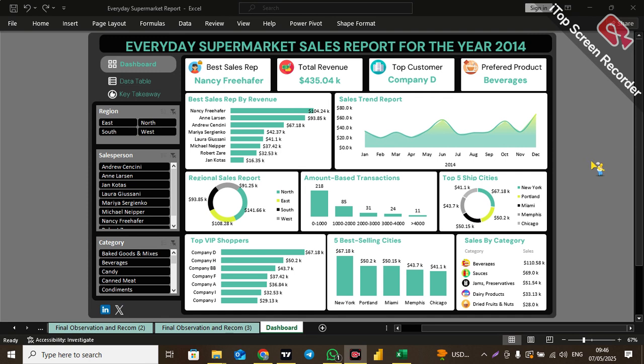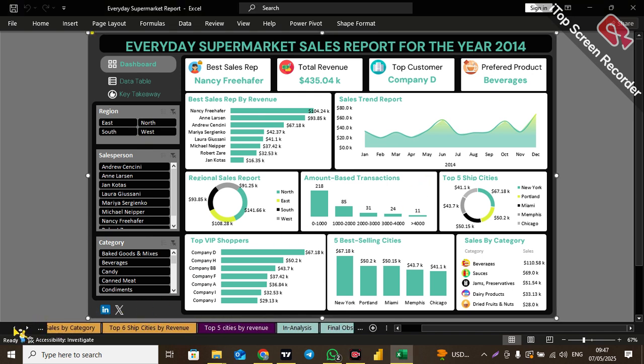So it's a sales report for the year 2014. We have some KPI cards here. We have our best sales rep as Nancy Free Afa. The total revenue generated for the year was $435,000, and the top customer is company D. The preferred product is beverages. So let me walk you through the actual data and everything concerning this